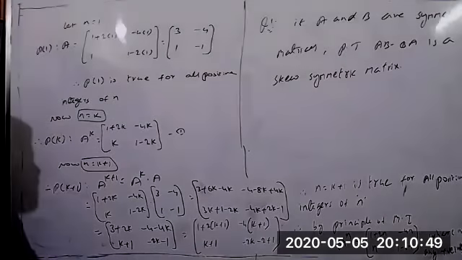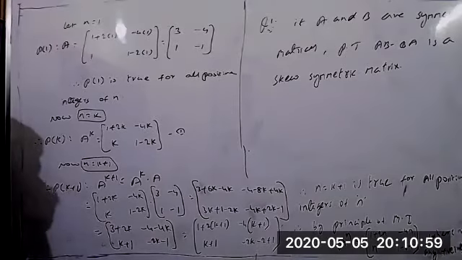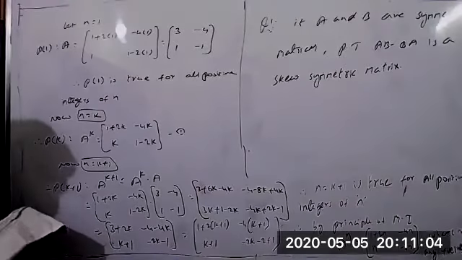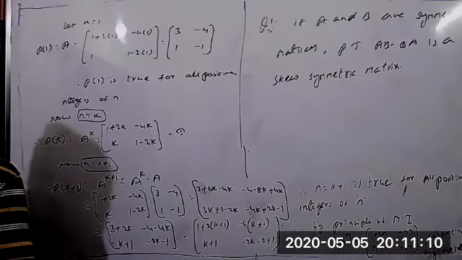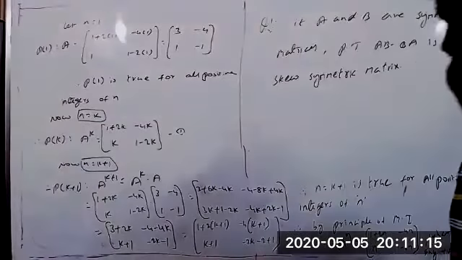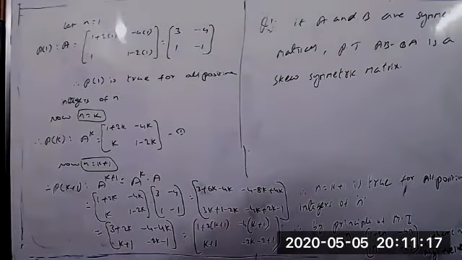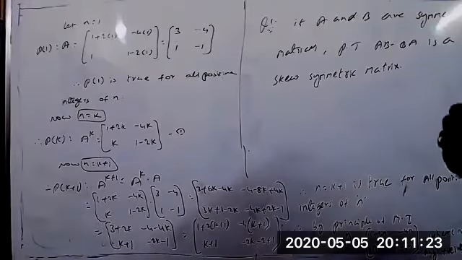If A and B are symmetric matrices, we have to prove that AB minus BA is a skew symmetric matrix. Now for this problem, we could take an example or we could prove it directly. Taking examples like A inverse equal to A is very easy, but from the examination point of view we can't prove it by taking examples. So we have to prove this one directly.